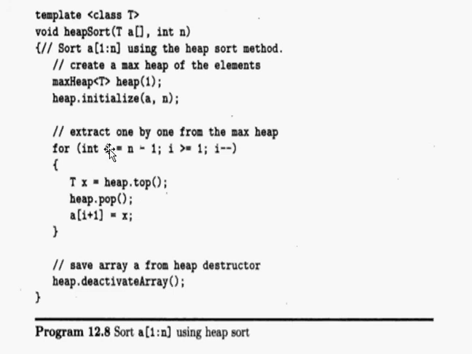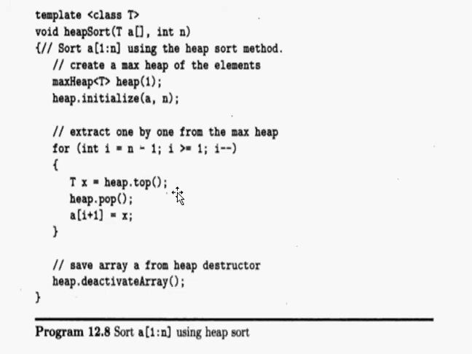So first, index i should be equal to n minus 1. So what is n? n is equal to 6. So n minus 1 becomes 5. So it goes from 5 down to 1. From 5 to 1, the total count is 5. So it repeats 5 times. So altogether you have 6 elements, but the loop repeats 5 times.